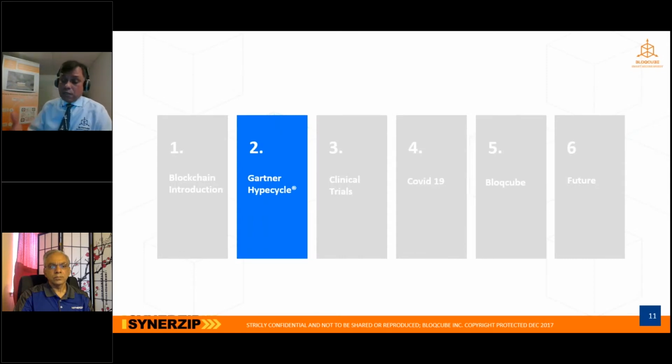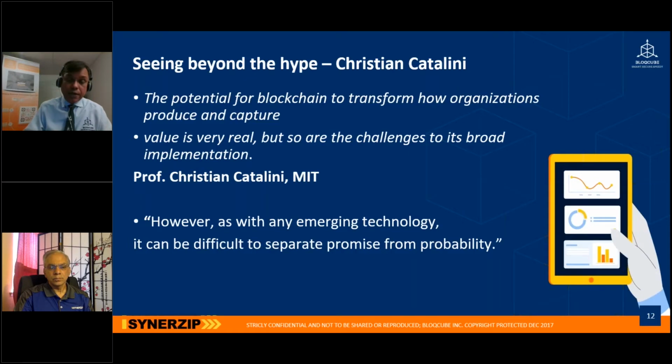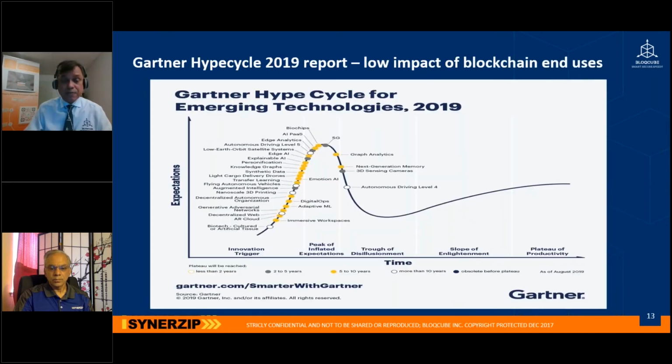So the Gartner report, which most of you are aware of, is a very respected report, and they have a hype cycle report. And in a way, the report encompasses what Professor Christian Catalini of MIT basically said, that the potential is very high, the value is real, but the challenges are also equally challenging. And with any emerging technology, you have to separate the promise from the probability of success. So Gartner creates its hype cycle curve,